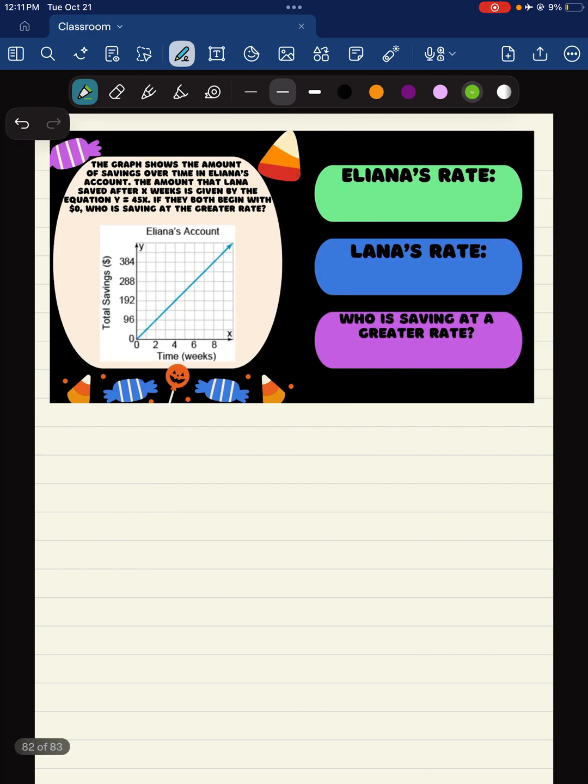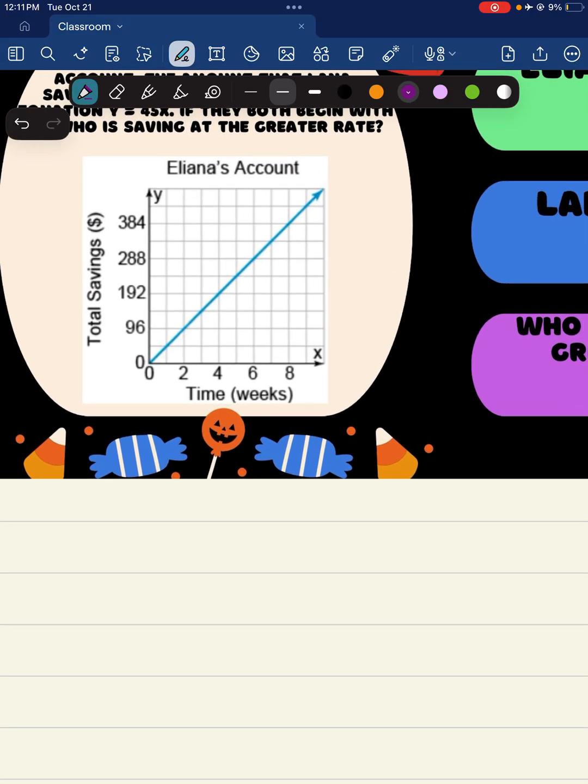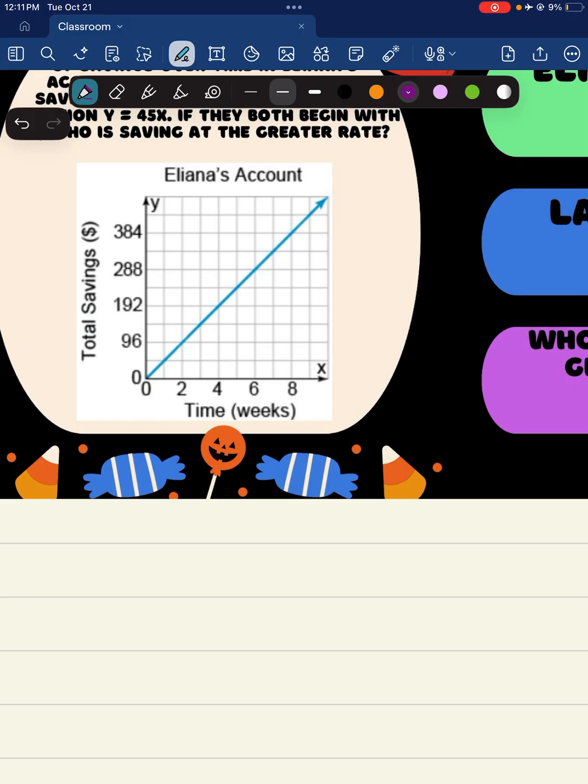All right. A couple more questions here. So this next one says the graph shows the amount of savings over time in Eliana's account. The amount that Lana saved after x weeks is given by the equation y equals 45x. If they both begin with 0, who is saving at the greater rate? So let's start. We're going to find Eliana's rate from the graph. It looks like they both start at 0. Eliana could go up, we can go right there. So we're going to go up 1, 2 over 2, but did I actually go up 2? No, I went up,